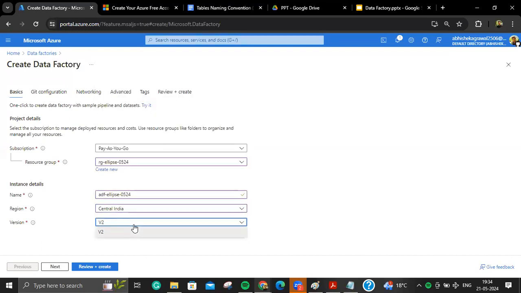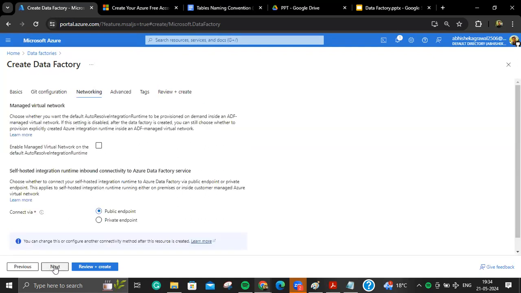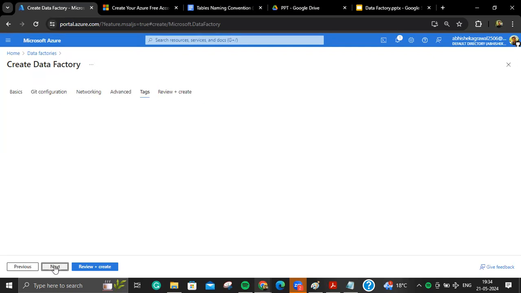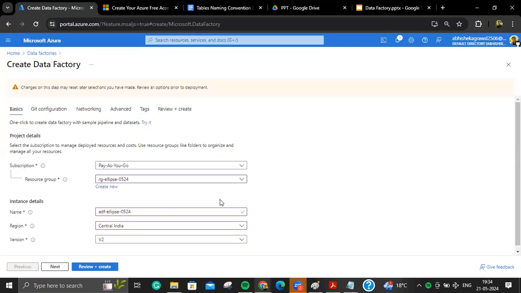Previously data factory has a V1 version as well, but currently we have only V2 version. Hit git configuration, will configure it later. Networking, everything will be by default. Okay, we will not change anything, right? We just type resource group, data factory name, and then everything will be by default.